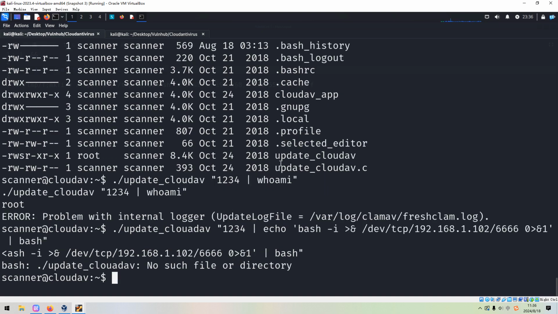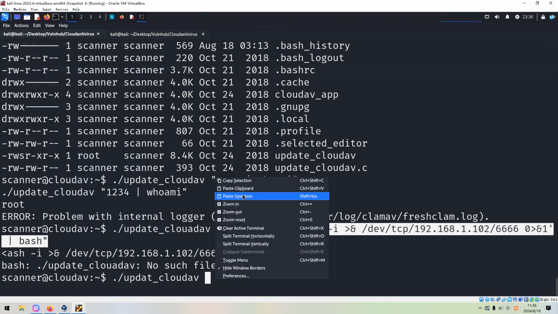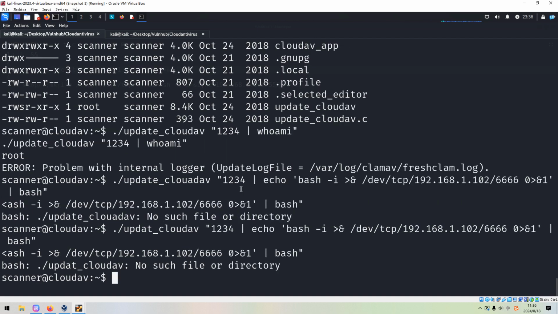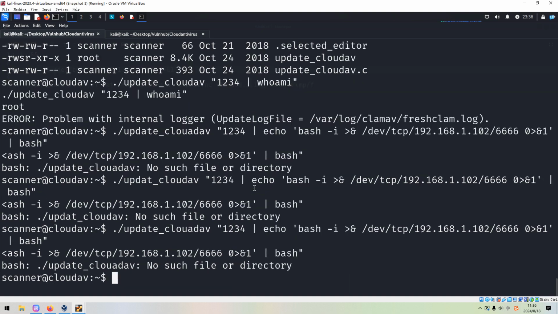Oh, sorry, I misspelled cloudav, and we can copy the arguments. We can press enter. What am I doing? Update cloudav and paste in here.